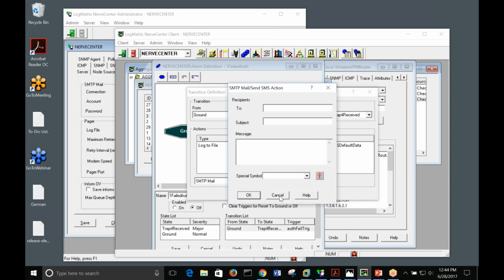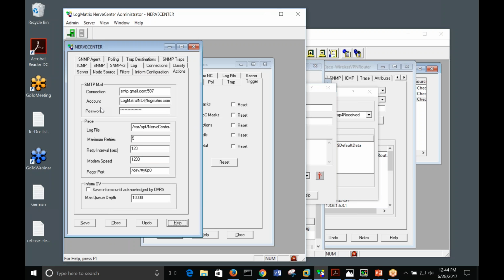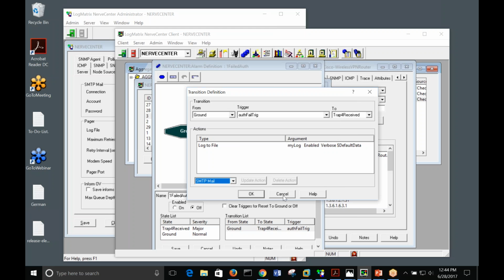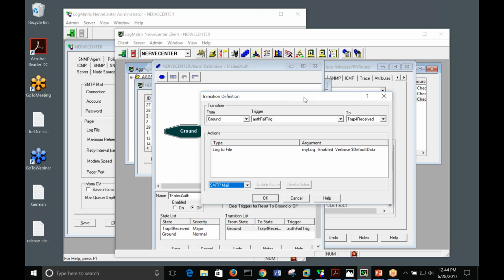It's a fairly efficient mechanism where you have it configured with the administrator on how to attach to the SMTP service, and then at runtime you provide this template where you can have it emit a message. That can be done either as SMTP, or if you have an SMS gateway through your service provider, then you can send SMS messages as well. It's a good way to get data out of Nerve Center. With the LogStash method that Mike was talking about, that's the way to receive inwards and then process